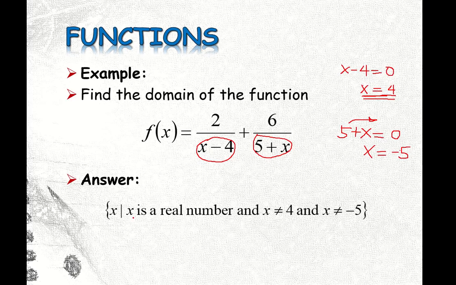Alright, so the answer here is that the domain of this function is x such that x is a real number and x is not equal to 4 and x not equal to negative 5. Or in another notation, how will you present this? We have to draw the number line. On the right side we have positive infinity, and on the left side we have negative infinity. Assuming this is our 0,